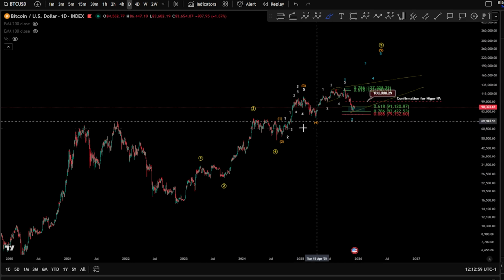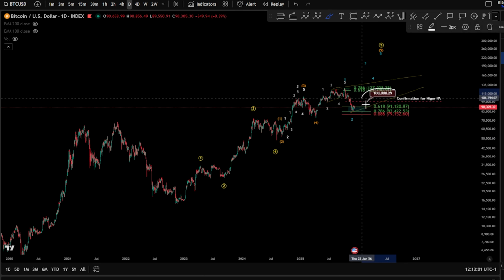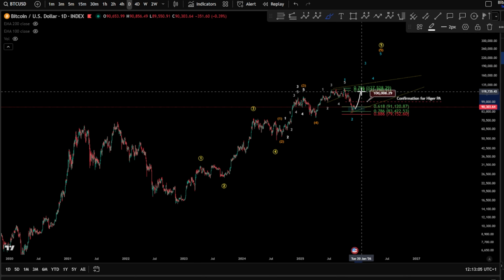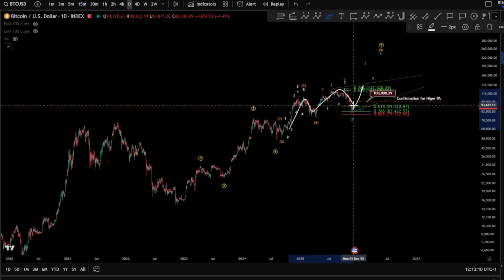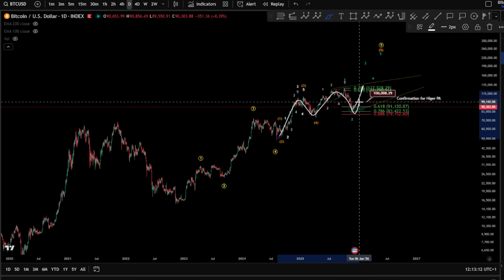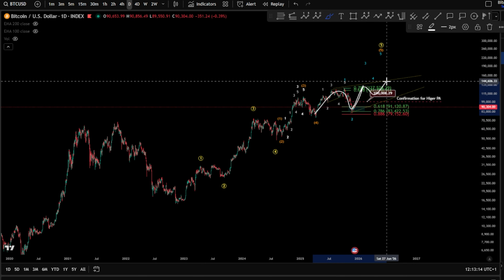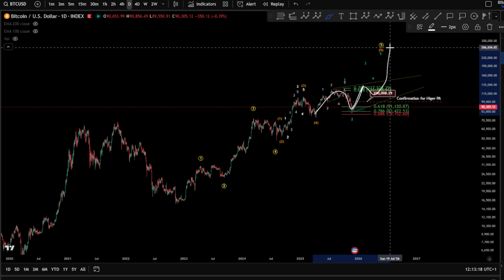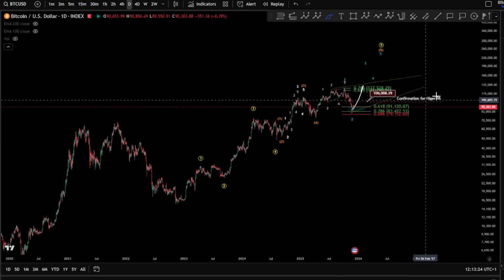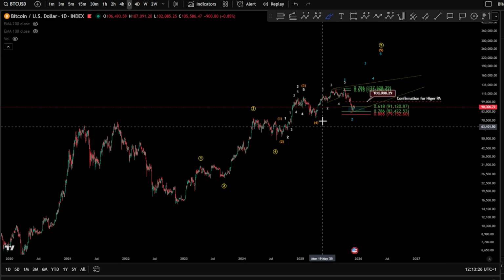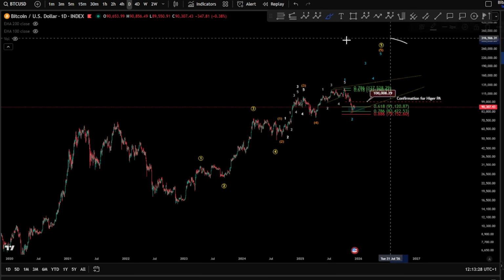However, we cannot call such a scenario. First, you need the 100K to call it, and then we need a structure here and taking the all-time high to break the diagonal, meaning the diagonal is in priority here as a 1, 2, 3, 4, 5 to be tested. And in case we break it, then yes, we call something extended as a bullish market again for Bitcoin. So we still have a lot to come to this scenario.